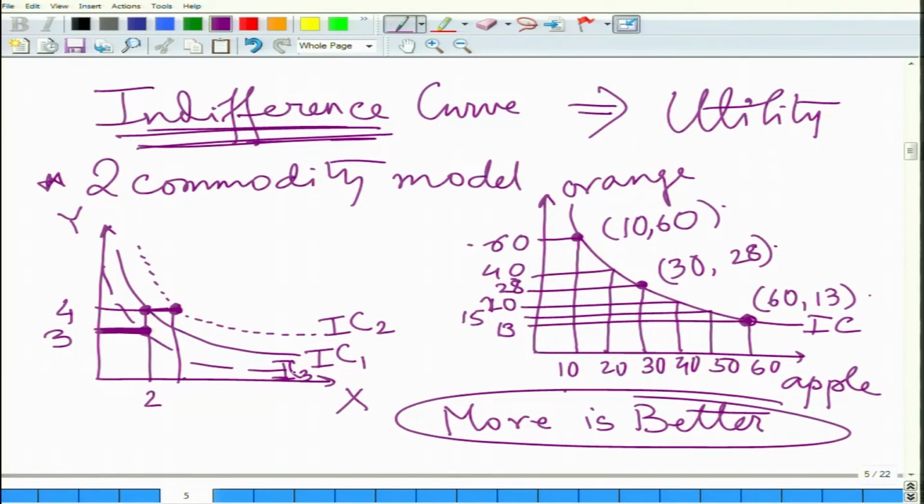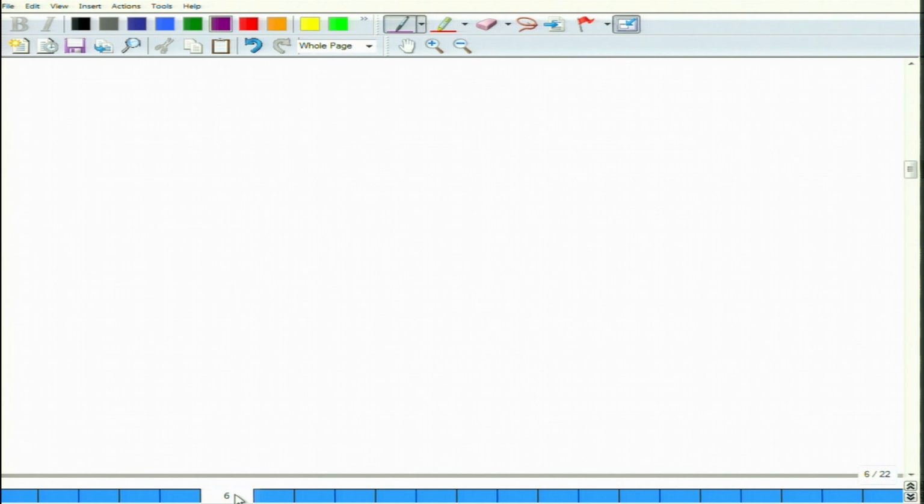Here I can call it IC3, where my satisfaction is lower as compared to IC1, because I am having a lesser number of Y with the same quantity of X. Clear? Therefore, the higher the indifference curve, the higher the satisfaction; the lower the indifference curve, the lower the satisfaction. The higher the number of commodities, either for both commodities or one of the commodities keeping the number of the other commodity the same, I will be on a higher indifference curve. If the consumption of one commodity is decreasing, keeping the other commodity's consumption at the same level, I am on the lower indifference